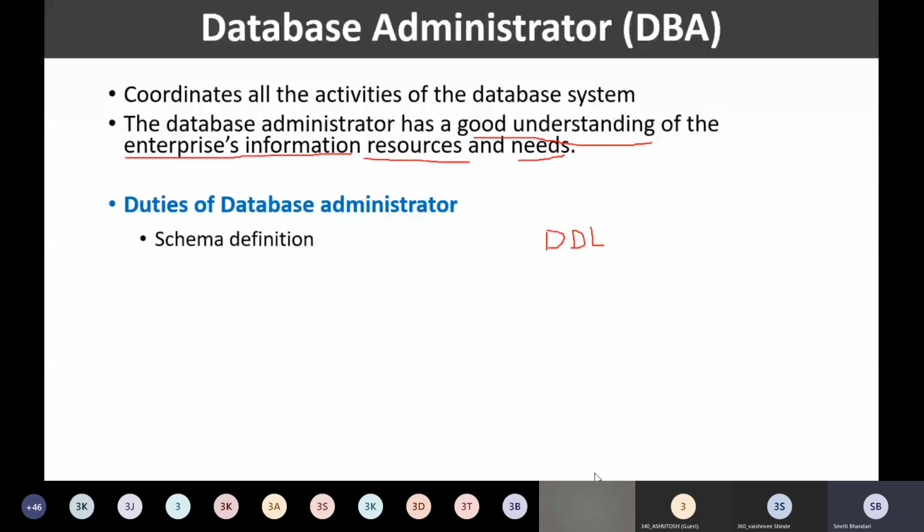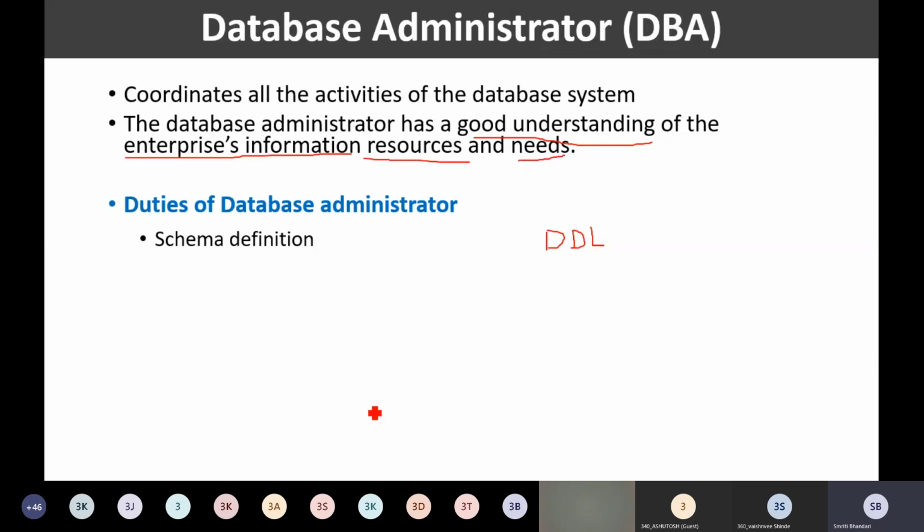Okay, so the first duty of the database administrator is defining the schema. So what do we mean by defining the schema? Say suppose you are talking about the university database, right? So the university database will have a very big schema.